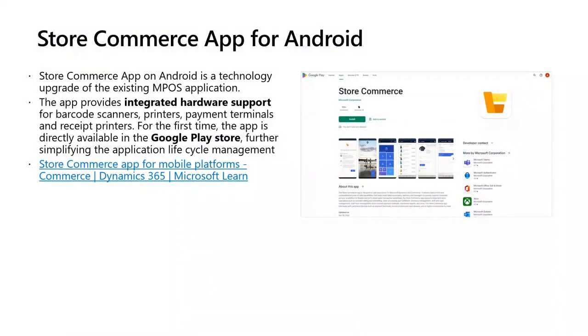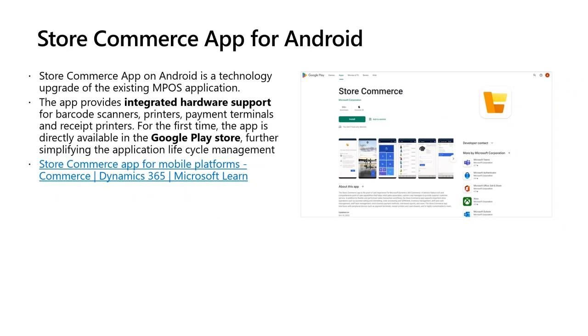So the Store Commerce apps for Windows, Android, and iOS are the next generation of POS application for Dynamics 365 Commerce. The current modern POS application and the retail hybrid apps for mobile will be deprecated in October 2023. So we recommend you use a Store Commerce app or a Cloud POS for all your new POS deployments. The Store Commerce mobile apps are the shell applications that render CPOS directly from the Commerce Scale unit and